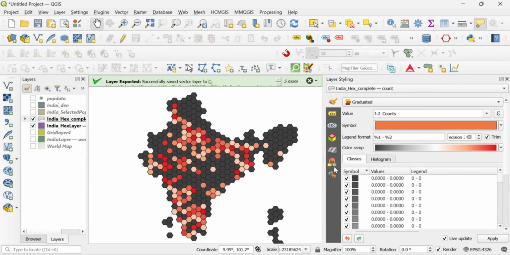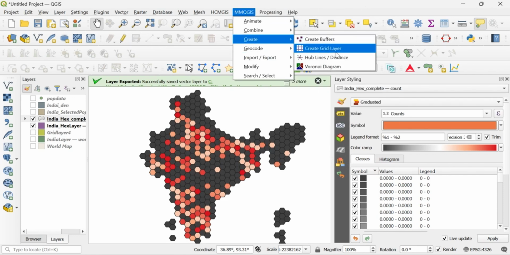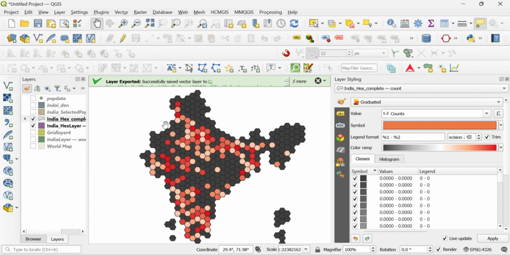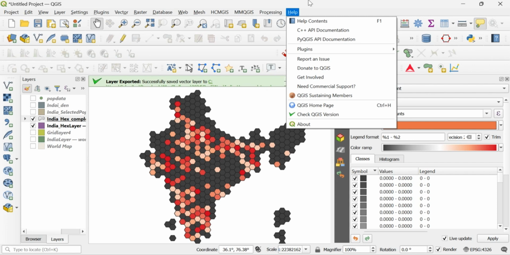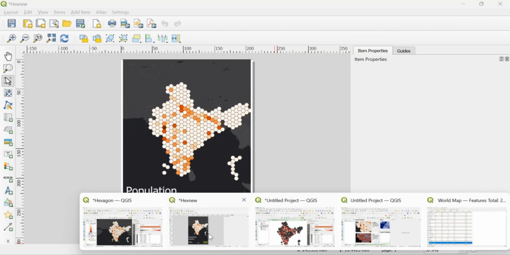But yeah, basically that is the concept. First you need to install this, create your grid by selecting the hexagon type. Once you are done, you just select all the points that are falling within the hexagon for India, so by also clipping only to India, and then the final step will be to also use the vector to count points in the polygon, and then you have something like this.